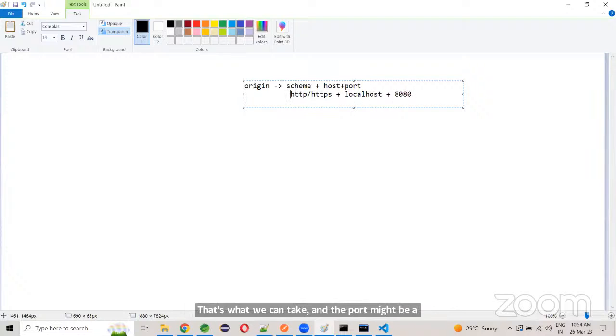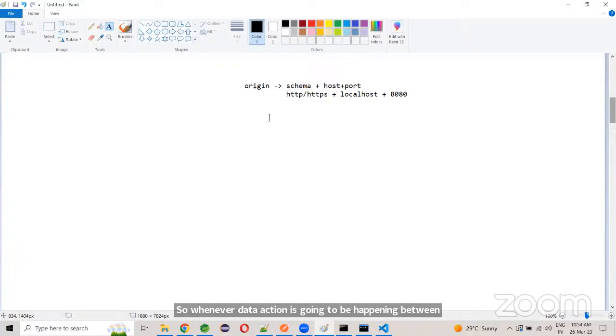So whenever data exchange is going to happen between two applications, in general it is checked whether it is the same origin or not. That is the policy followed by backend servers by default, the same origin policy. If you are sending a request and you belong to my origin only, then I am going to share the data. And this logic needs to be handled on the Spring Boot side. So there are two ways you can handle it. For example, here what happened is